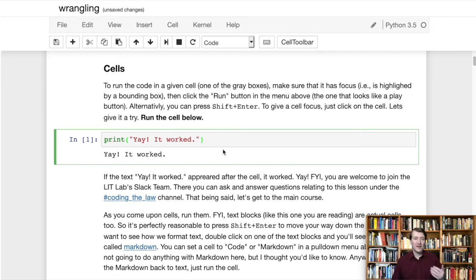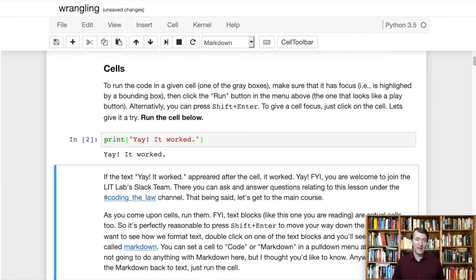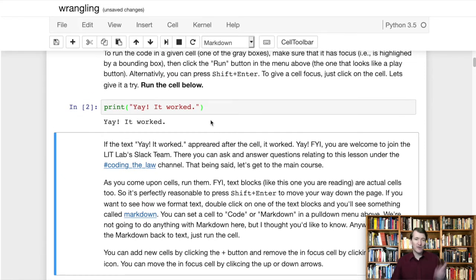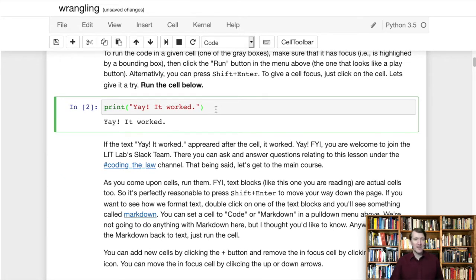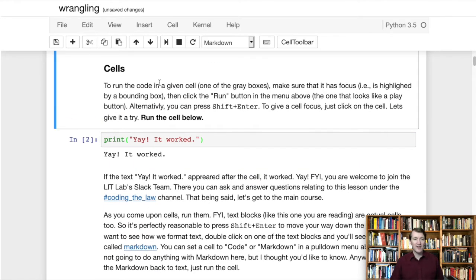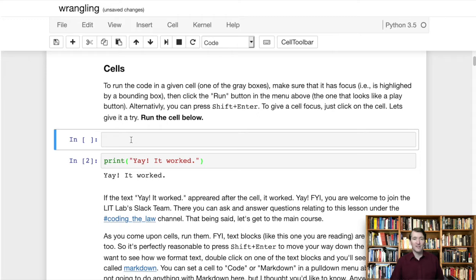So there are a couple things to know about what's going on here. We could run it by clicking this button here. And also a nice little shortcut is you can hit Shift and Enter, and that also runs a cell. You can add new cells and subtract cells by doing different things here. If I'm in a cell, you have to be in a cell to run it, right? And that also tells you where you are on the page. I could select a cell, and then I can hit this plus button and make a new cell, or I can be in a cell and I can hit this